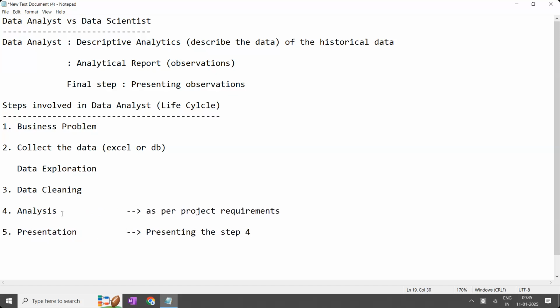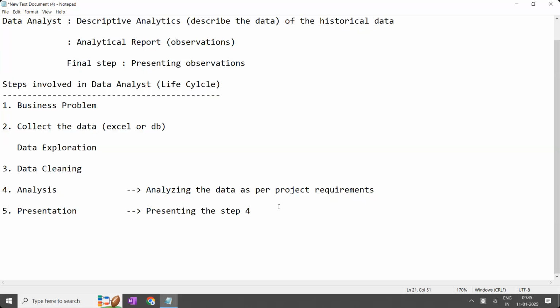What is meant by analysis? It means analyzing the data as per the project requirements. In the hackathon we completed, what question was given? How students' performance is impacted by the other parameters. According to that, we have to observe how students' performance is impacted. For example, as in multiple examples we have discussed, in HR analytics, HR wants to know which type of people are getting very high salaries but whose performance is low.